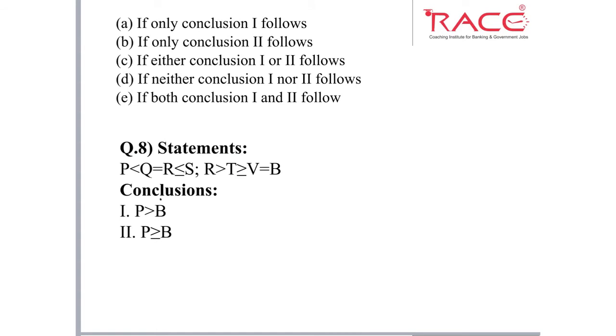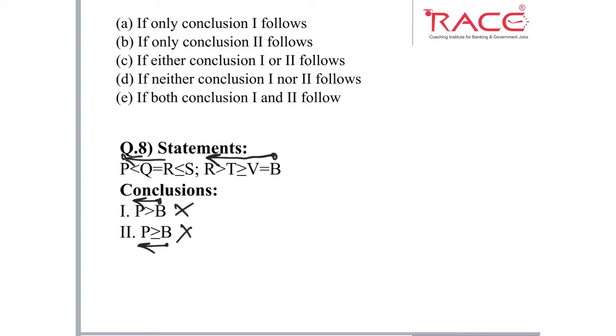Now quickly solve this question. First, from B to P. So where do we have B? B is here and P is here, and the connecting point is R. So from B to R and R to P. We can easily see here this arrow, and this sign is in the opposite direction. So we directly say this conclusion does not follow. Now here from B to P, as we have the sign in the opposite direction with respect to this arrow, this also does not follow.